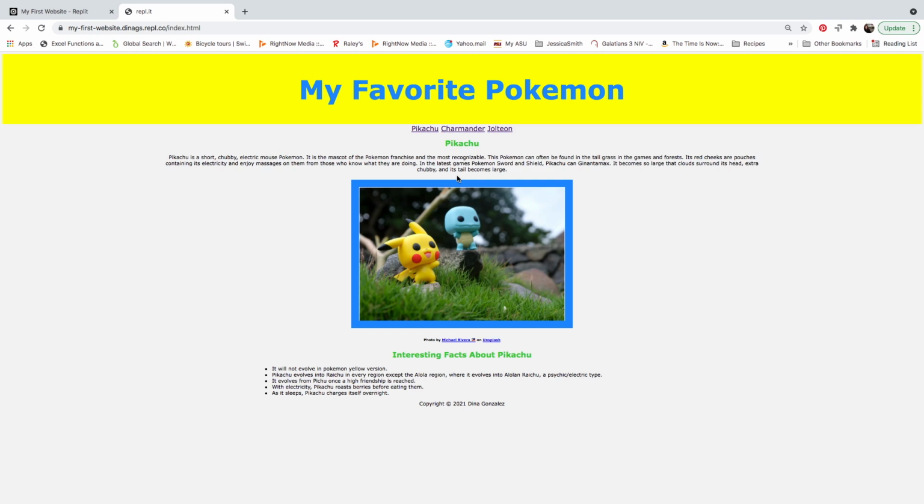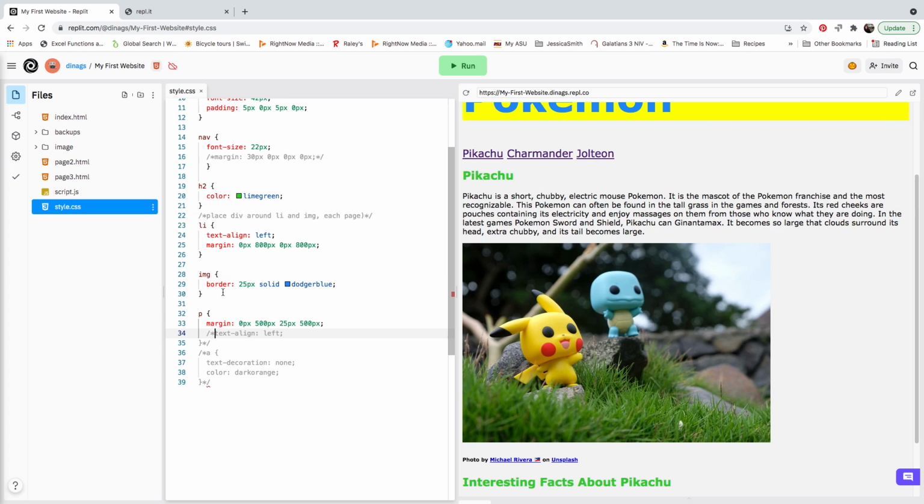so I can actually add a little bit more so you can see that. And while I'm doing that, if you notice, it's taking the command that we gave at the very beginning, the whole body, and everything's centered, the text is centered. So for my paragraph, I want my text to line left so that the P in Pikachu and the C in containing and the C in chubby line up. So I'm going to come back over here, and I've already commented that out. So I'm going to say text align left,